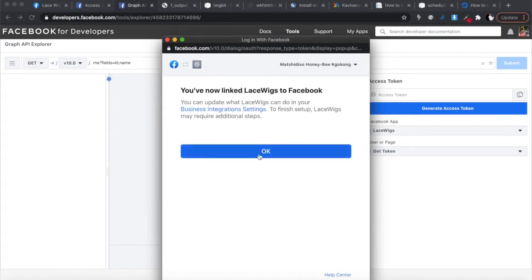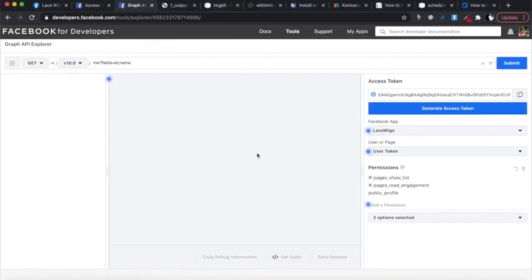And you are now linked Lace Wigs to Facebook. Okay, so click OK over there, and once you've done that, you will see over here all the permissions that you've got. Automatically, because you've selected the page, it shows you the page show list, so to show the pages and the read engagement. But what you really want is